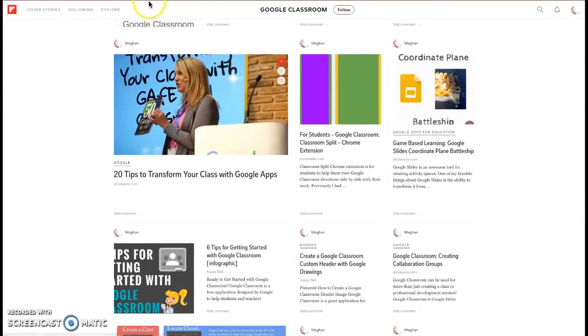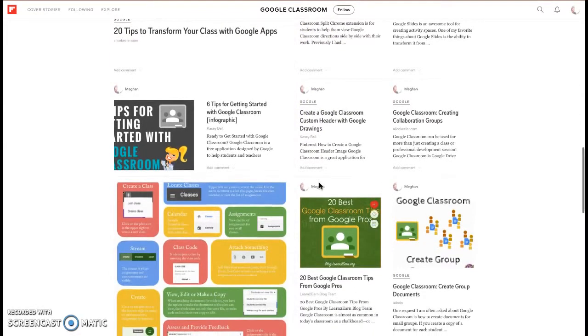And the nice thing is now I can give this link to somebody and they can see all of these articles. So I'll include it in our email today. This would be a nice way for a teacher to gather articles for students, but also for students to follow some topics and curate and create their own magazine that they can share back to the class.